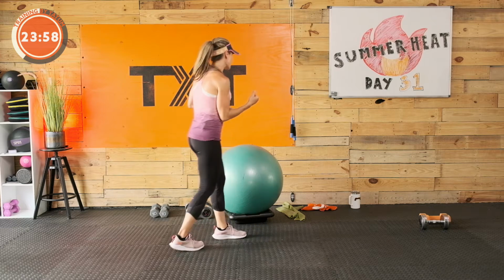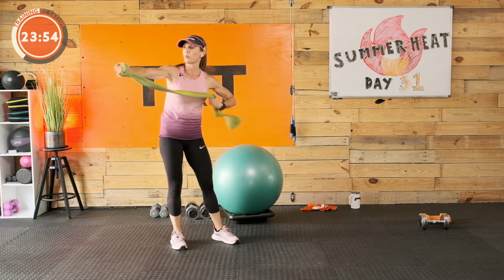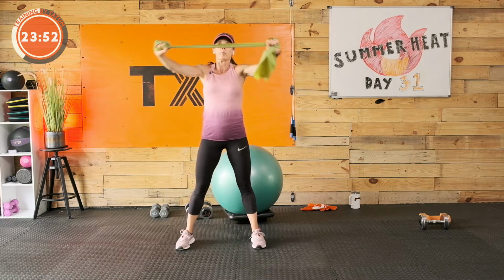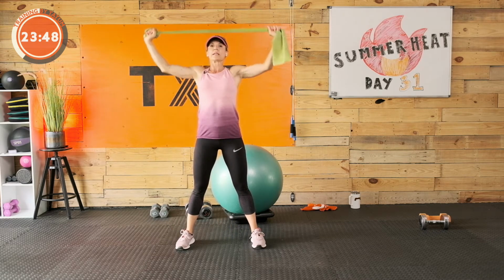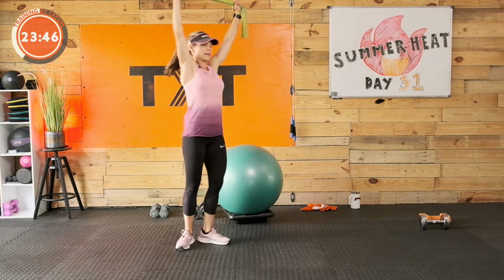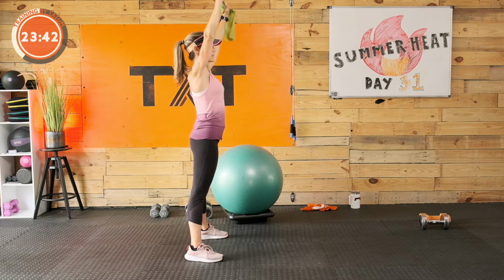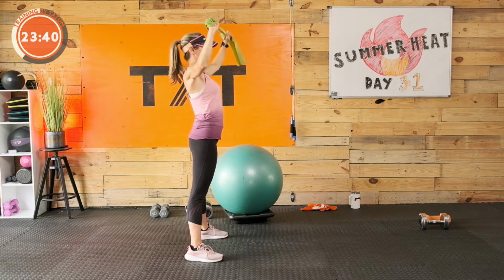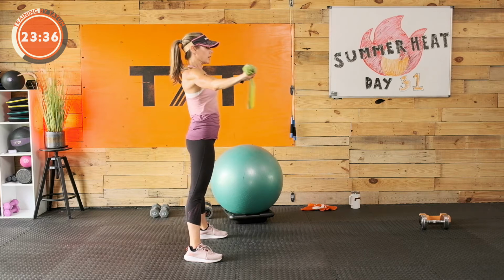All right, we're back to exercise 1. Grab your band, pull down, or let's start with the pull apart, back towards the middle, up to the top, pull down. Good, that's it. Pull apart, up to the top, pull down. Good, we got it. Good, strong shoulders